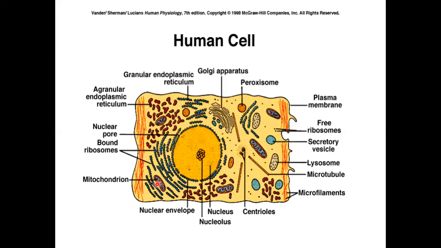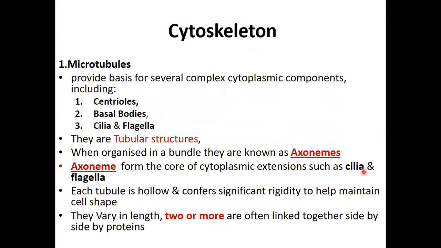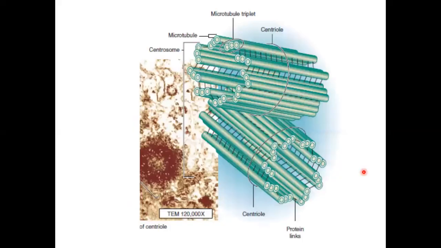So these are the structures we're discussing. Now there are 3 types. We have the microfilaments, microtubules here. These are microfilaments, these are microtubules. You see that the filaments are very thin. Then microtubules are thicker, like tubular in nature. So let's look at them one by one. We'll start with the microtubule. Now, microtubule is shown here. You see that they are more like tubes. So these tubes are arranged nicely to form